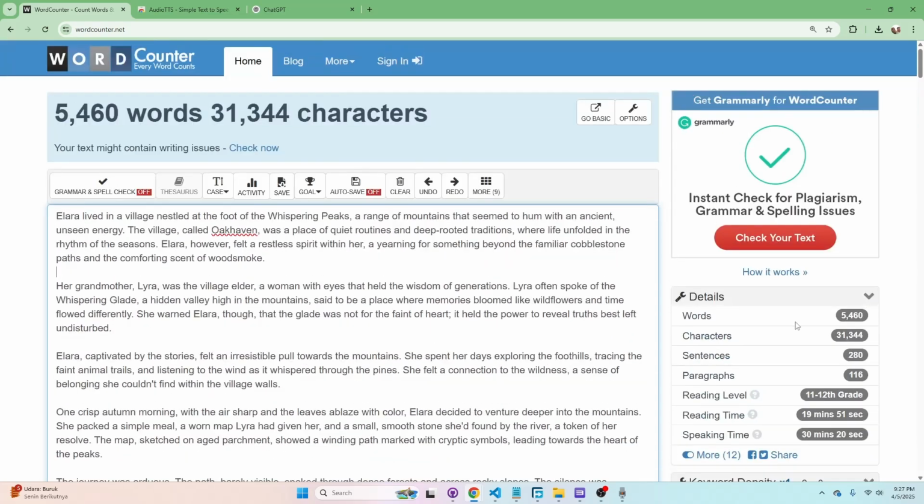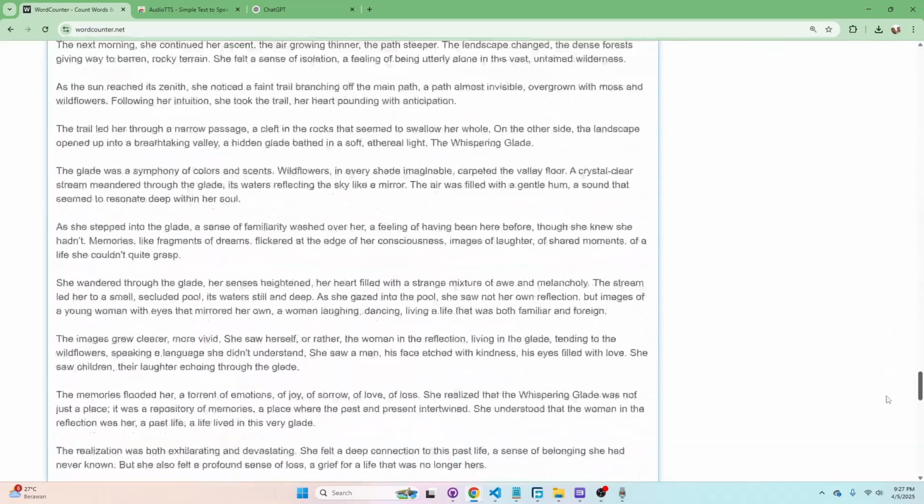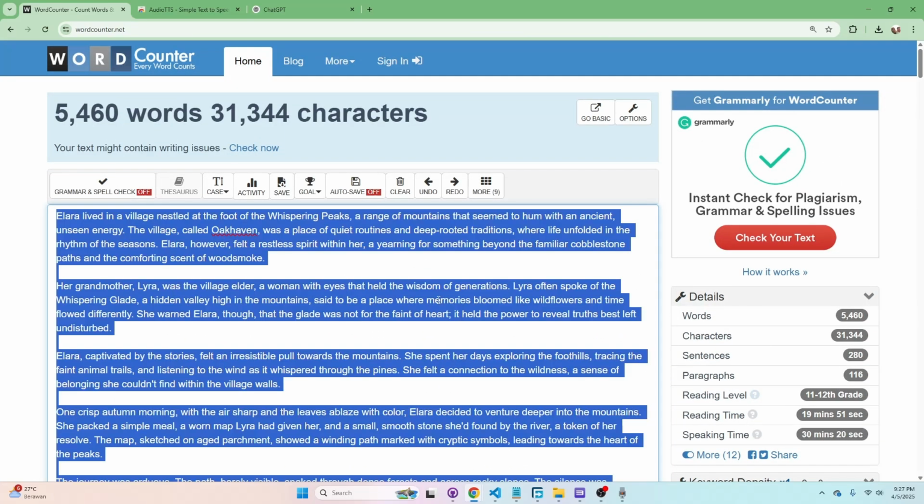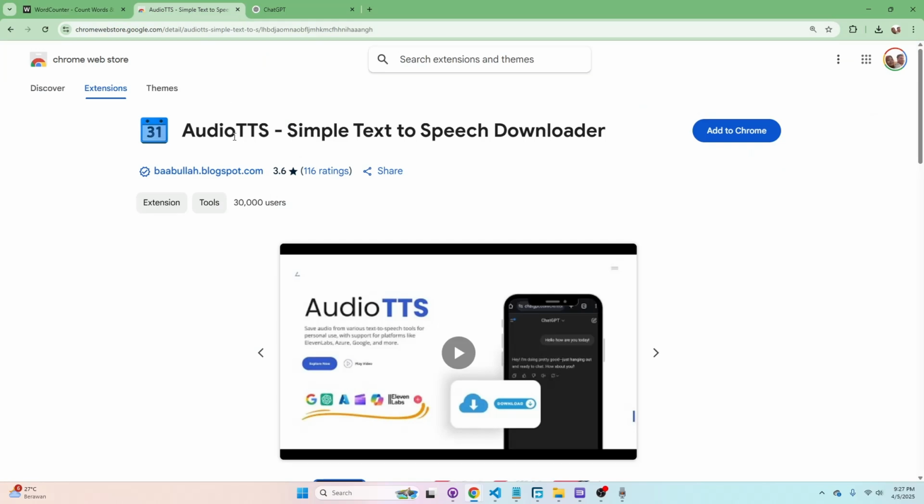It has 5,000 plus words and 31,000 characters. So this is very large text. I will put this into ChatGPT and get the audio file. First, you need to install this AudioTTS